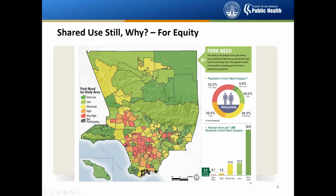This is a beach community that is fairly affluent, and there are other affluent communities throughout central Los Angeles that also are poor for parks. The park needs assessment had several metrics that were looked at, and it was not just poverty level or race and ethnicity, but the condition of the parks, the accessibility to the parks, the population density around each park, and the size of the park for the population density. So there are several things that went into